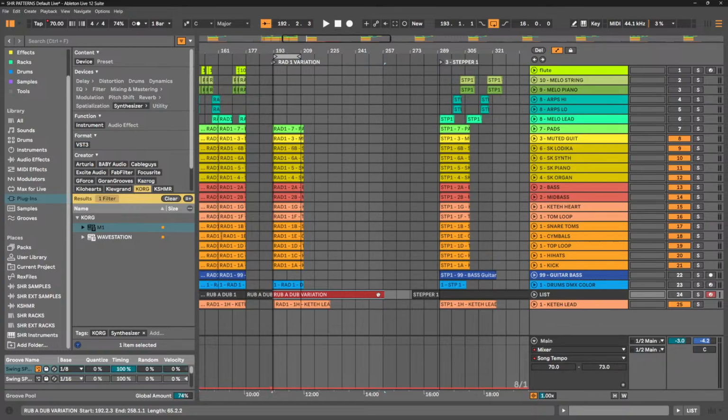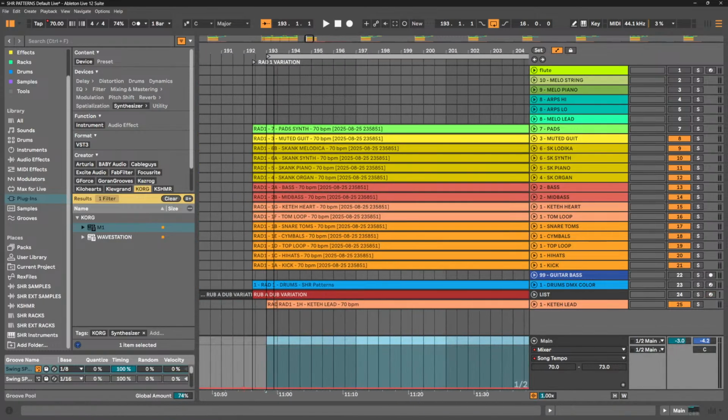So I select this, and I know now by ear the length of my track. I want it to play at 73 BPM. Okay, so a bit earlier, that way